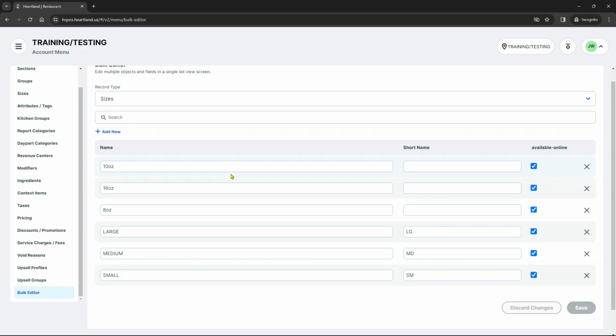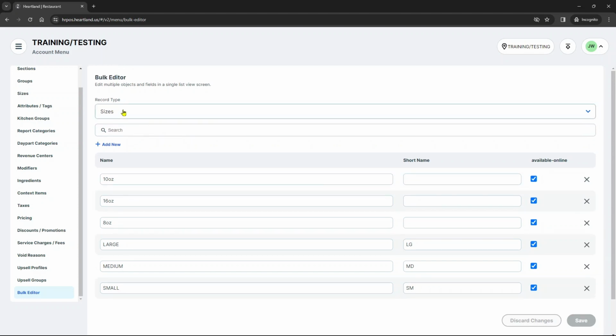Hello, this is John with Anthem Business Solutions, and today we're going to go over the bulk editor tool and changing sizes. For this, we're going to go to the admin portal, which is